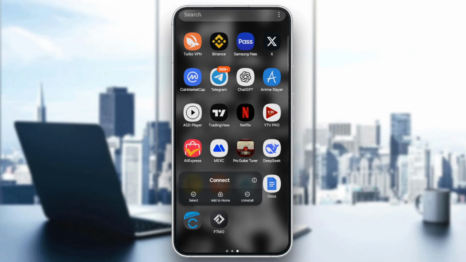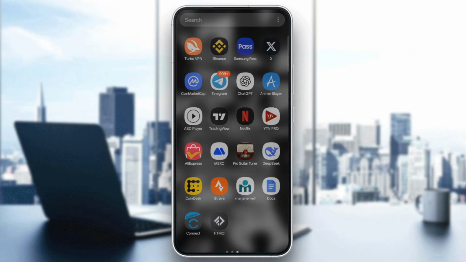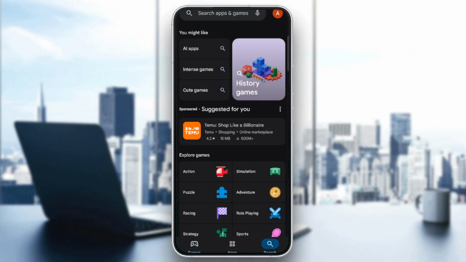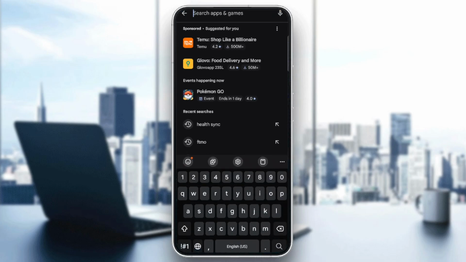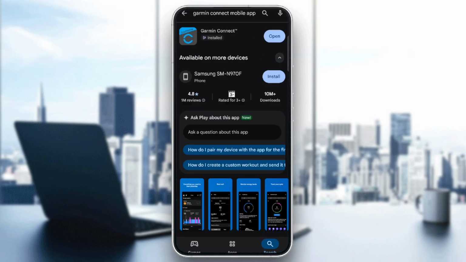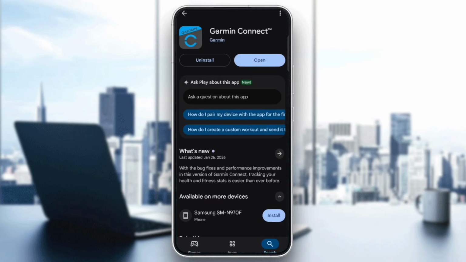So about the fixes, we're gonna try to look for any update for our app. For example, we are on Android here, so we go to the Play Store, search bar, and look for the Garmin Connect mobile app. If you can see any update version available, just tap it, wait a couple of seconds, then you can use